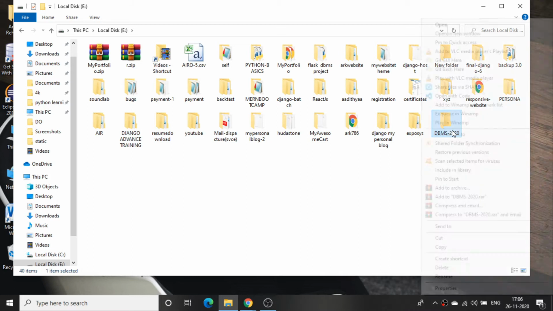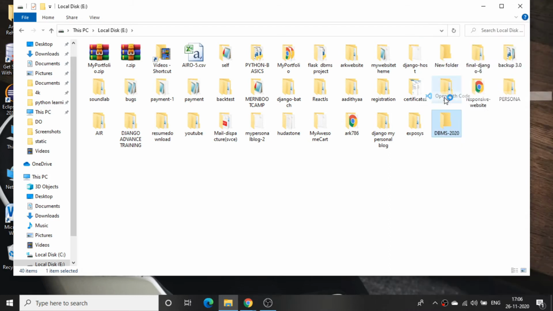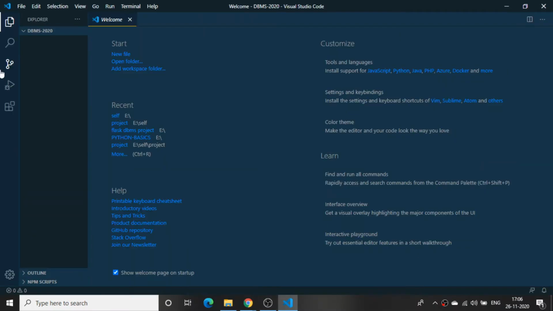So this particular folder, I can just right click and open with my Visual Studio Code. I'll click right click and open with Visual Studio Code. So this folder is opening inside my Visual Studio Code. So this is all the stuff. Okay. Now Python, we have installed it. We even have the editor. The main thing comes now, we need to implement.